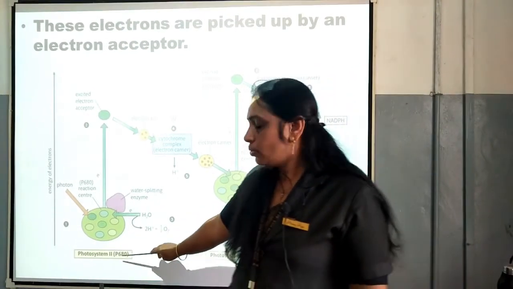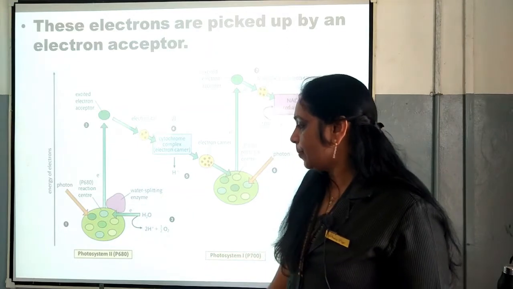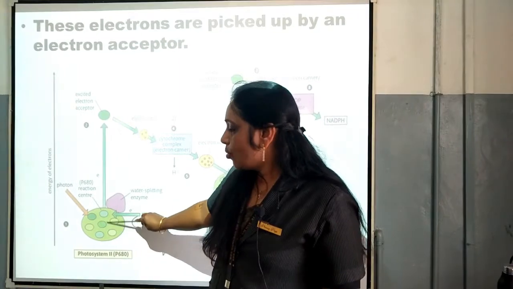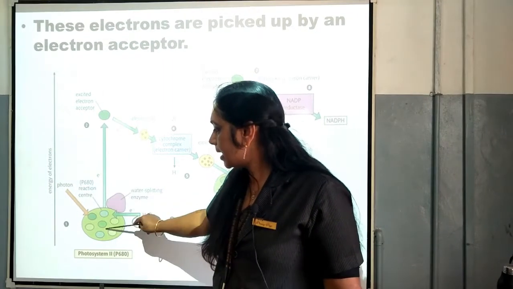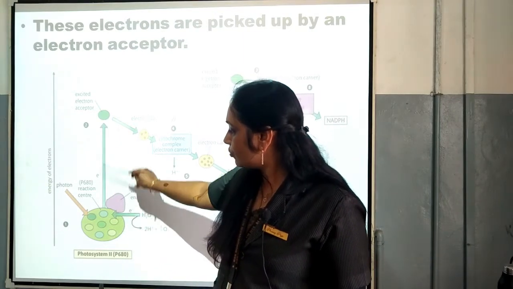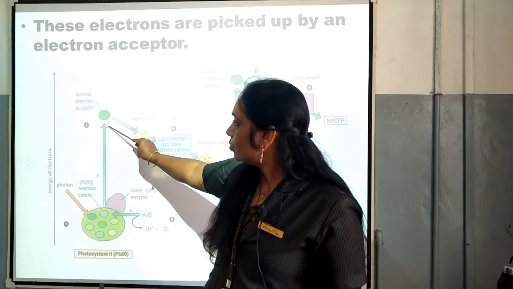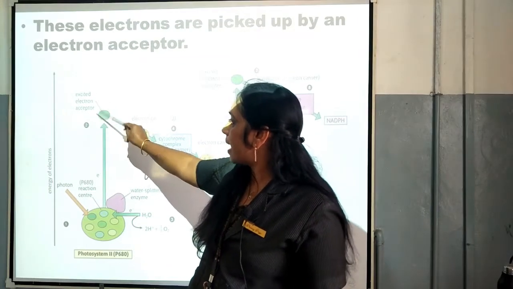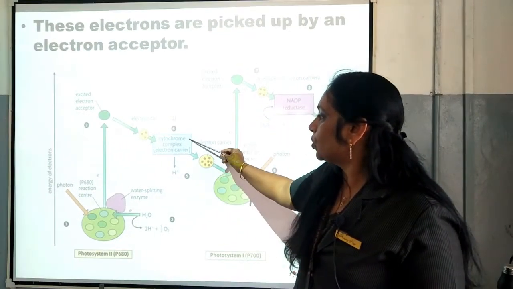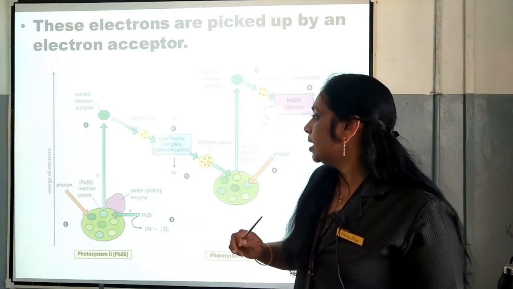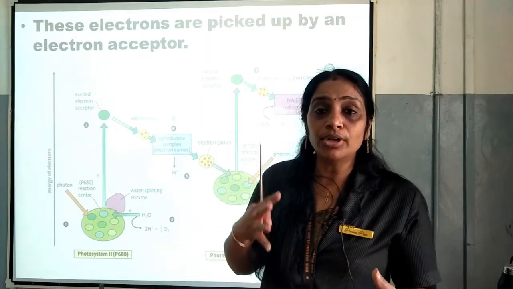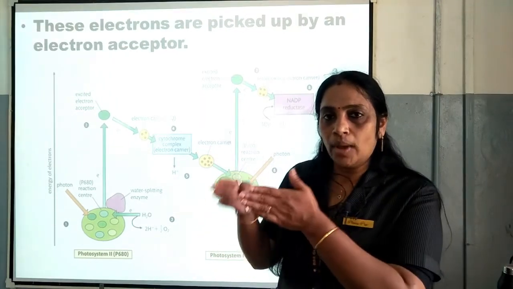In photosystem 2, that is P680 nanometer area, this is the reaction center. What happens here is the chlorophyll A molecules absorb the light energy, and because of that they are excited, and the electron jumps from that center and is accepted by the electron acceptor. The electron from that area then moves to the cytochrome complex, and this complex has the electron carriers which are able to carry electrons from one part